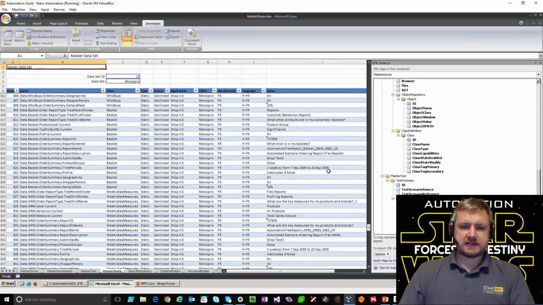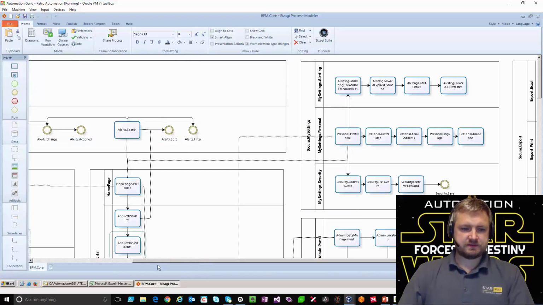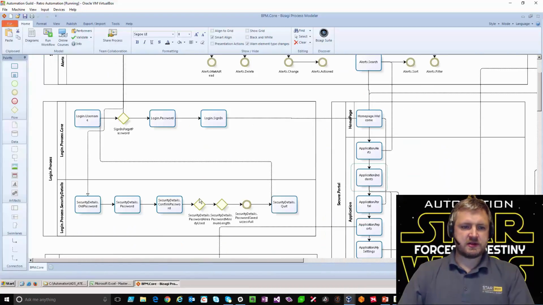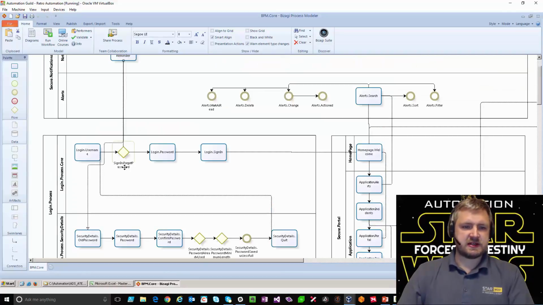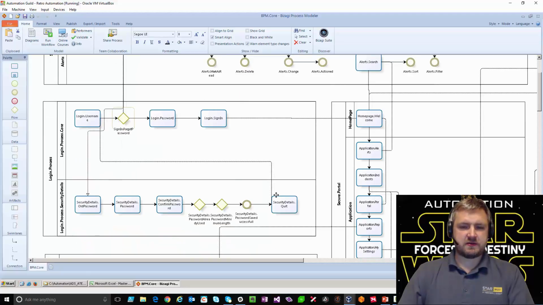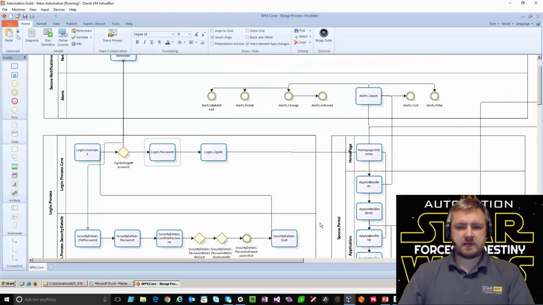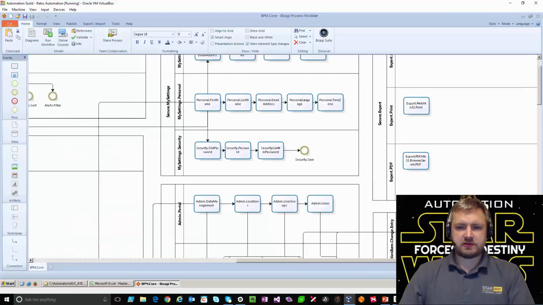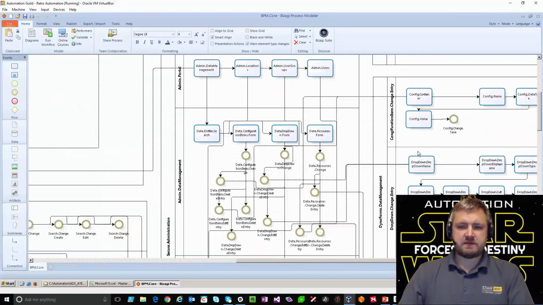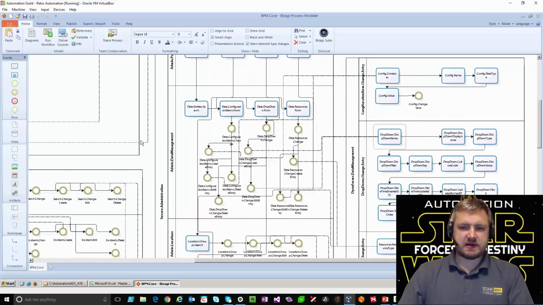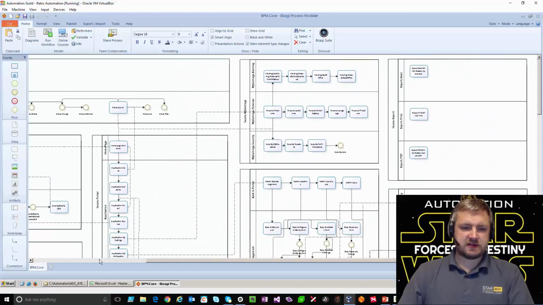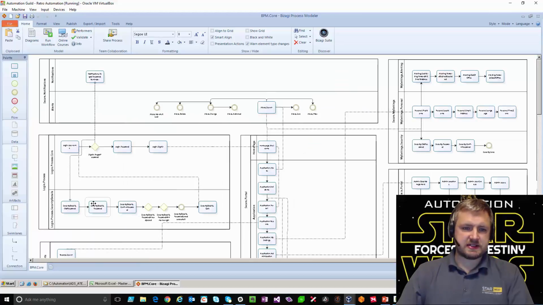This data and tests can be mapped to a model. If I open up a model and look at a simple flow, such as the login process, which takes a username and password unless the user has forgot their password, of which they'll then go through an alternative flow. But it'll show the dependency between, say, a single sign-on login system, an alert platform, and then various different portals and applications which have multiple dependencies on this. So if I zoom out, you can get an understanding for a number of application dependencies.